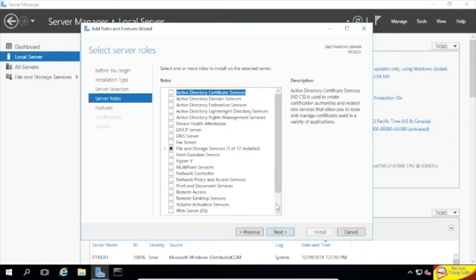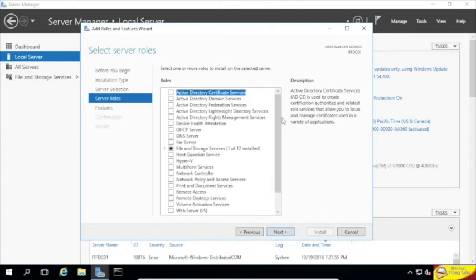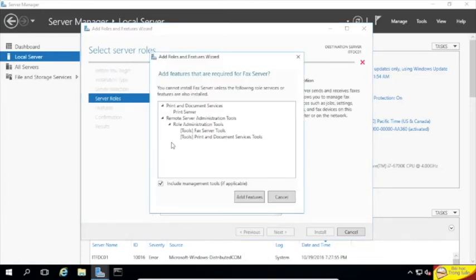On the Server Roles tab, you will choose any of the roles you would like to add to the server. If you only want to install features, you do not have to check any of these checkboxes. For this lecture, we're going to install and uninstall roles and features so you understand how it works. Choose the Fax Server checkbox. You will get a pop-up saying that you need to add additional required features in order to install this role. Click Add Features and then click